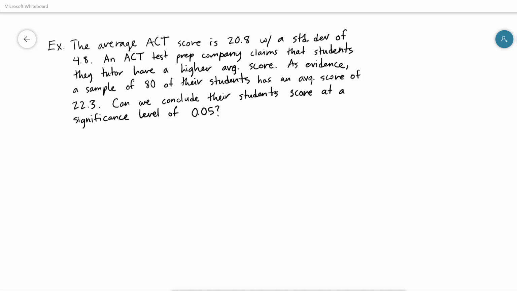So our first step on any one of these hypothesis tests is to state the null and alternate hypothesis. And so, step 1, state the null,